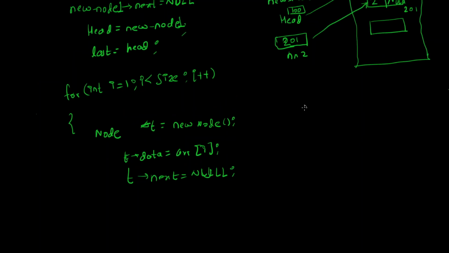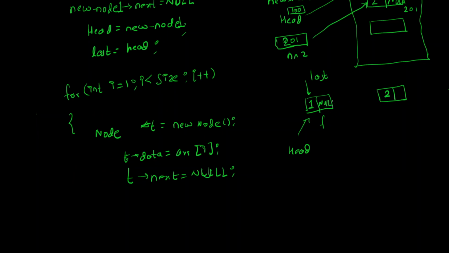Now one thing I told you, and one thing what is happening now is, let's say we have done this assignment. So after this assignment, what is happening? Head, last is also here, and this is the first node. Right now we have created a node, it is this one, and right now it's null. By these three statements we have created a node, and we have also put the data. But have we linked this node to this node? No, right? We haven't. So how are we going to link it?